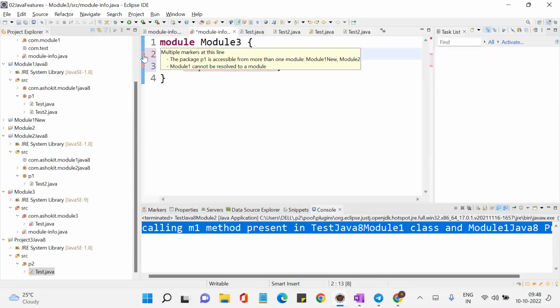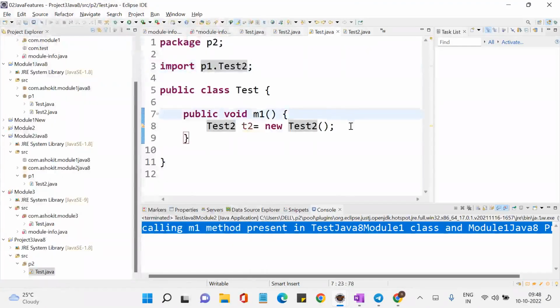Hope you guys understand. At compile time itself, it is showing an error in Java 9. Compile time means, in Java 8, it gets evaluated whenever you run the program. See here, when I say test, now Test T2 equal to, so here let me write,